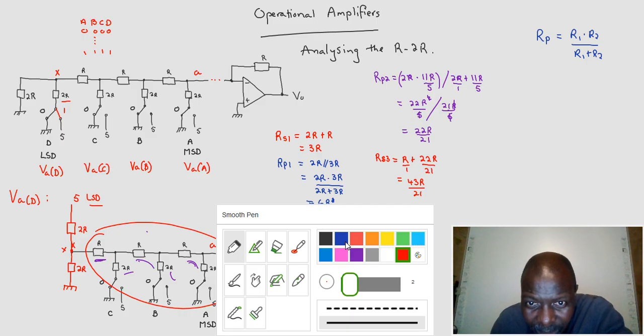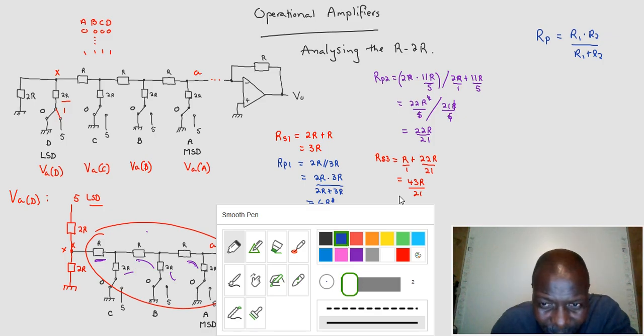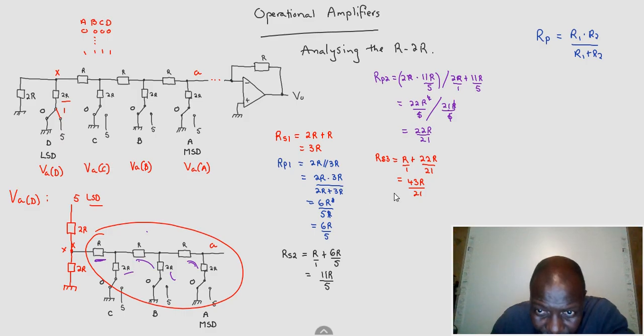So let me take the one again, but I'm not happy. So for that part, R parallel 3 will be equal to that 2R parallel to this whole parallel value there that we just